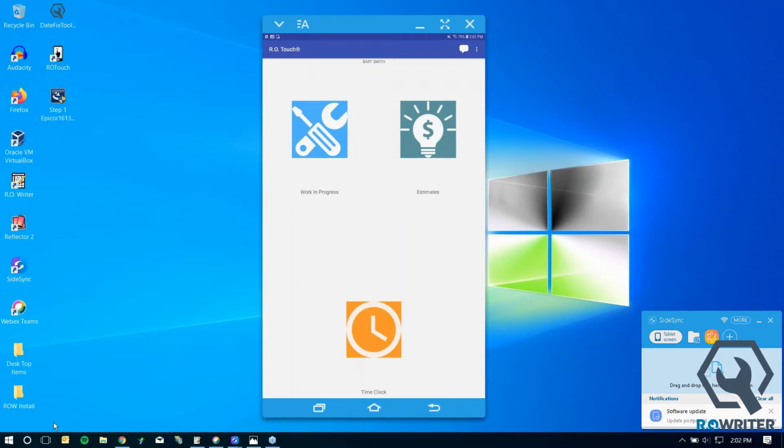Reason number one, the service writers are the ones that will be using RWriter, and the technicians will typically just be utilizing their tablets. Technicians don't need quite as many options. They have a very streamlined process that they are going to follow, and because of that, we limit the amount of icons that they would be able to see. So with that said, we have our time clock, work in progress, estimates window, and then in the far right